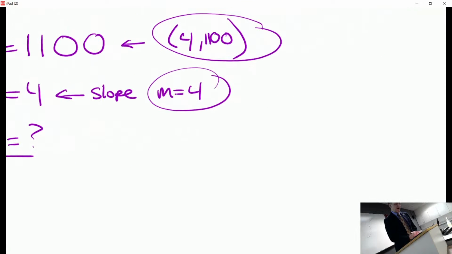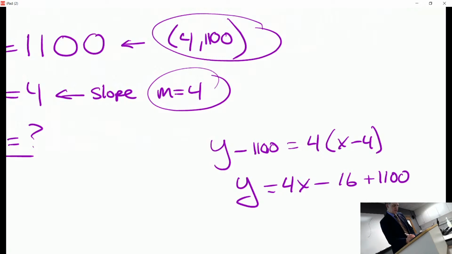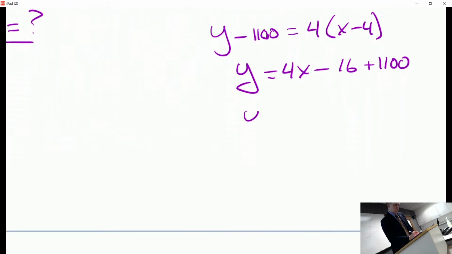Let me use y equals mx plus b language here because we're all familiar with that. Or I'll use y minus y1 is equal to m times x minus x1. Since it says assume that the ant population is growing linearly, you have the slope, you have the point. So y is equal to 4x minus 16 plus 1100. So y is equal to 4x plus